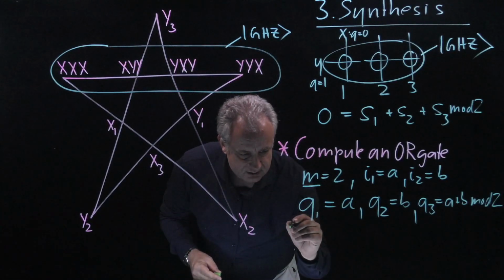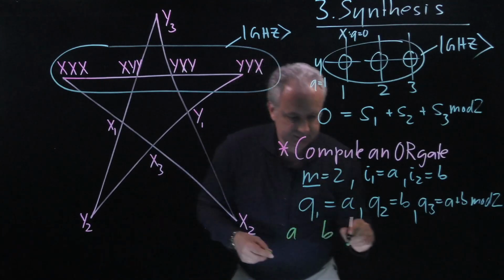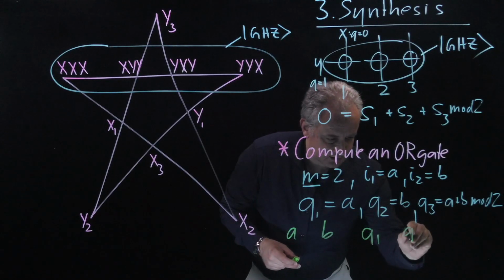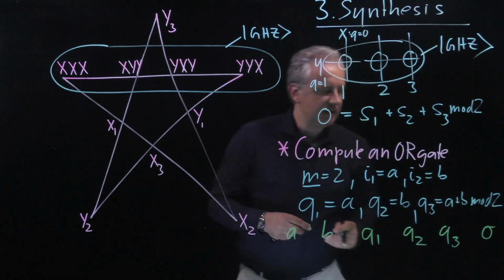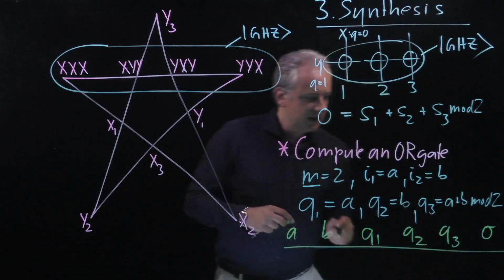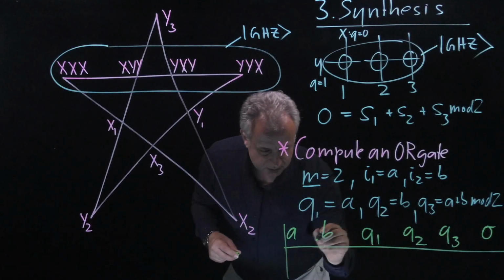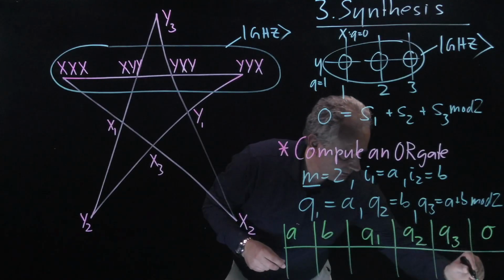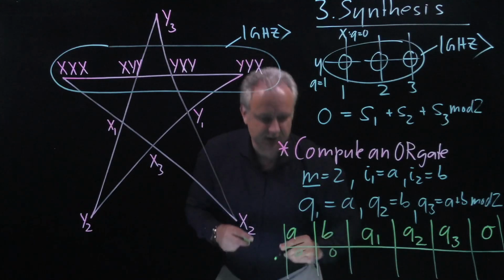So let's talk about the input first, and then about our choices of measurement bases that are applied, and then finally about the output that we are interested in. So let's make this table, and I'll do as many cases as I can fit on the board, which is probably 2. Case number 1: A is 0 and B is 0.